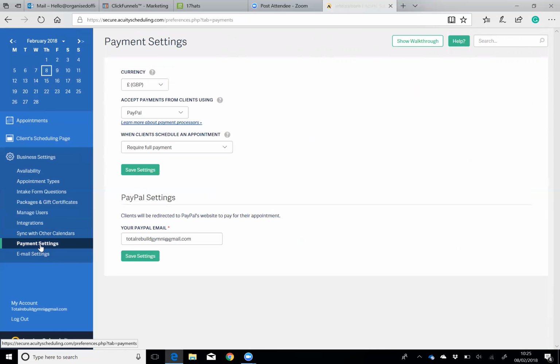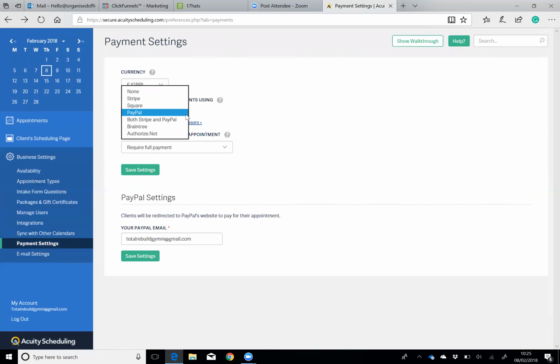payment settings. So when a customer first signs up to Acuity Scheduling, we need to go into payment settings and select what currency the customer is working in and what payments they accept. So quite frequently it's going to be PayPal, but customers may have Authorize.net, which allows the money to go straight into